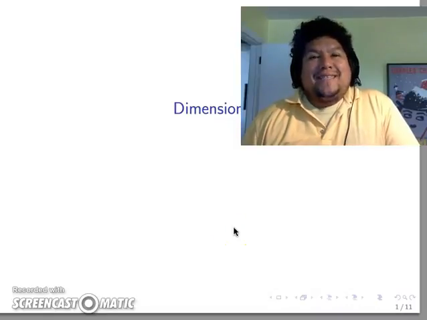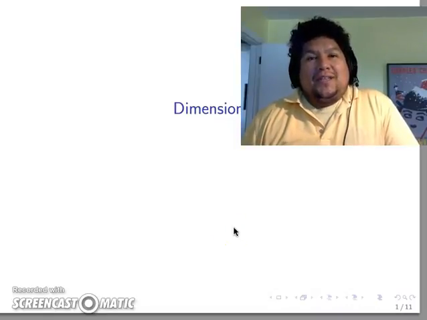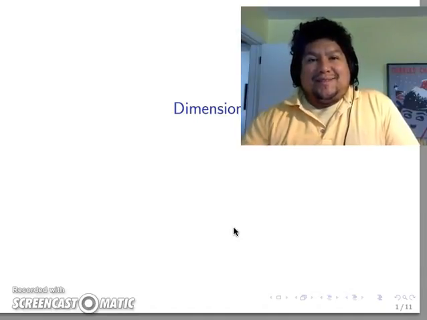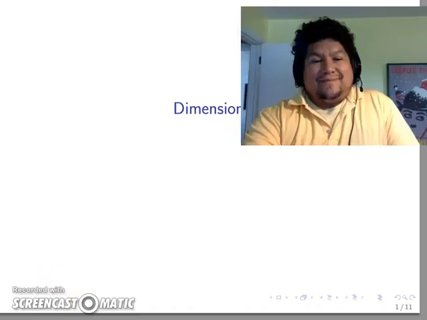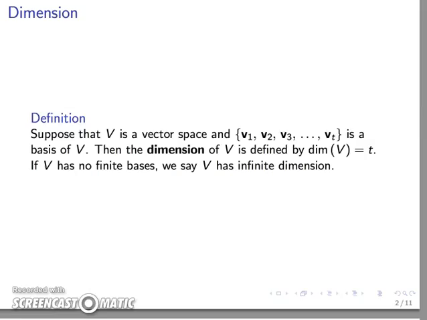Welcome. In this lecture, we discuss the definition of dimension of a vector space. So suppose we consider a set that is both linearly independent and spanning, and suppose that in this case we